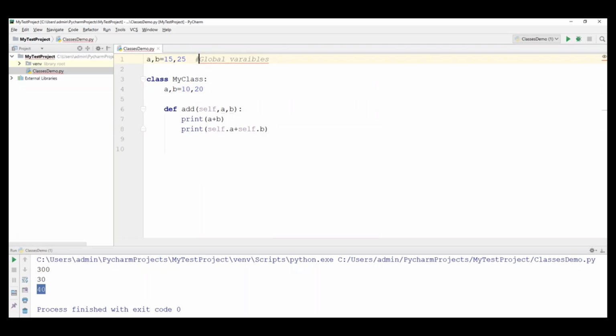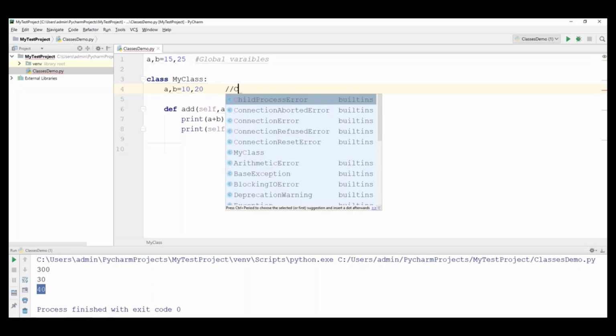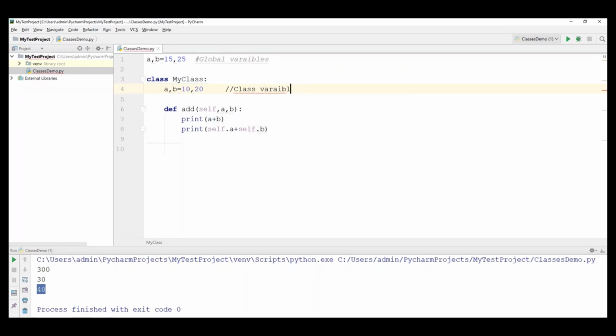Sorry, this is a comment. So these are class variables, and here a, b are method local variables.